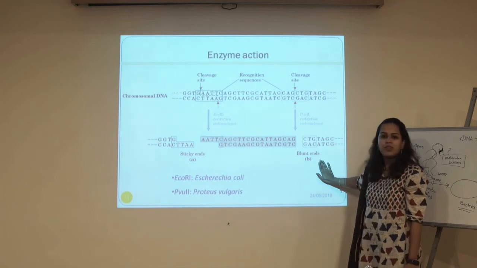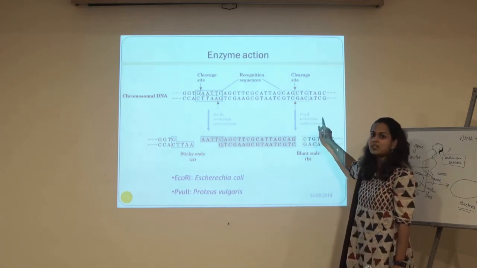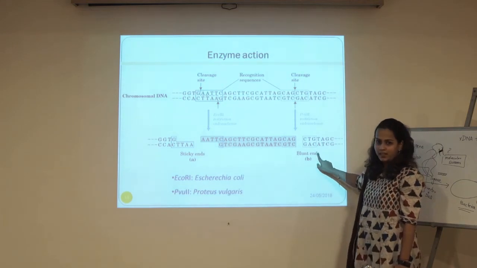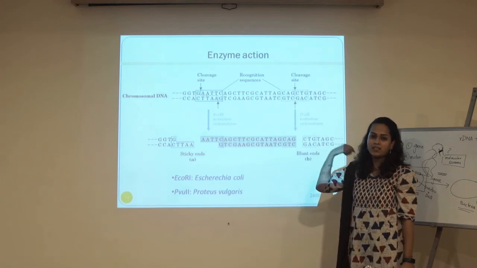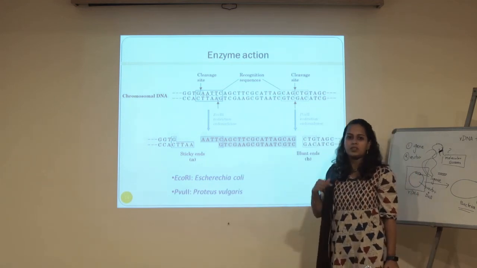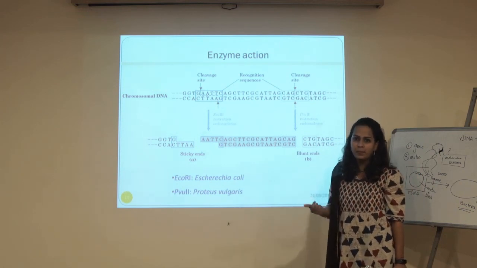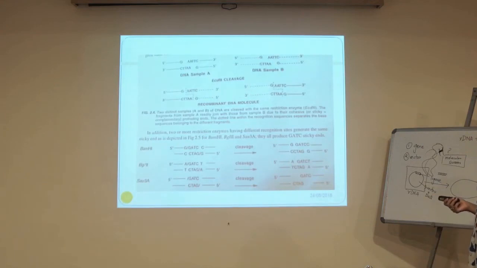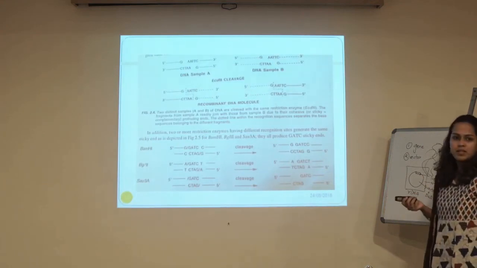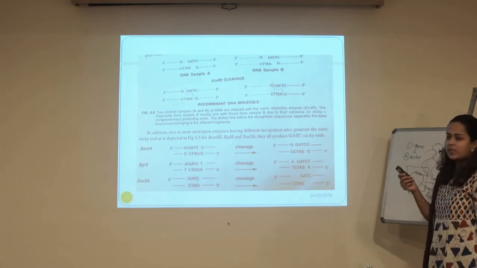Okay, if we somehow need to use a particular restriction endonuclease which produces blunt ends, in that case these blunt ends need to be converted into sticky ends by using certain linkers or adapters. Okay, so these are some examples of restriction endonucleases and the types of cleavage that they